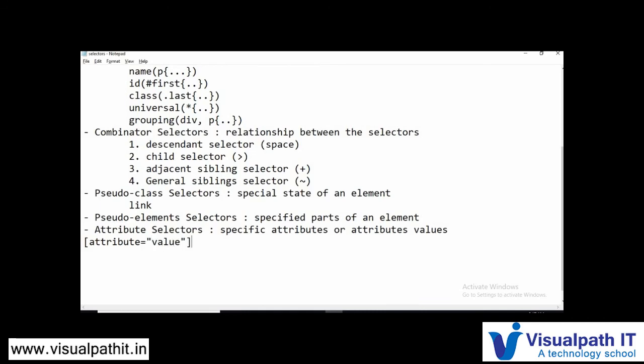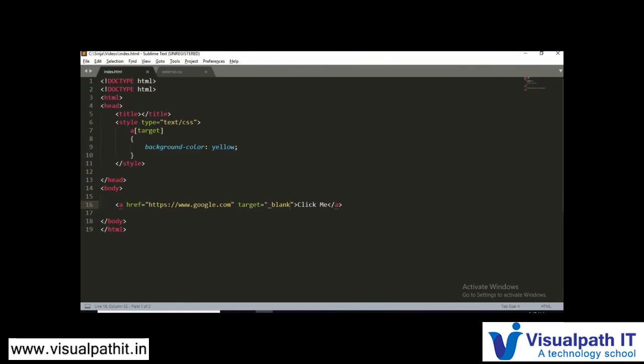So what will be happening here? In this, the selector is used to select elements with a specified attribute and the value as well. In the earlier example, we didn't mention anything for this blank. We just wanted this target to be present. If there are n number of anchor tags and n number of targets, all the targets will be given that. But now, in this attribute and target, we are searching for something which will have the attribute as well as the value both specified.